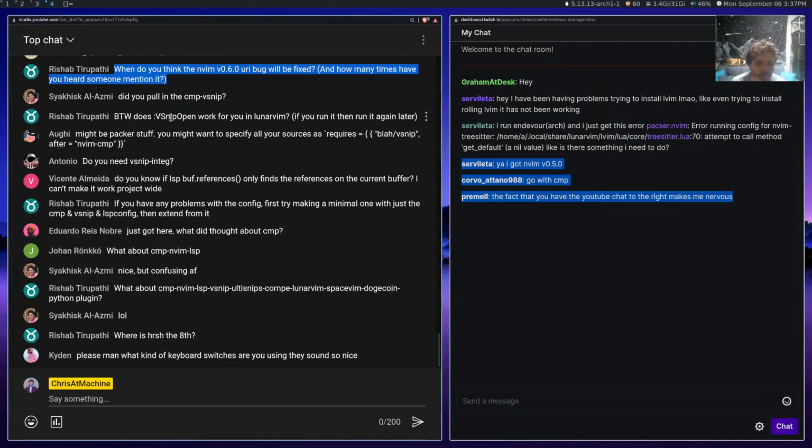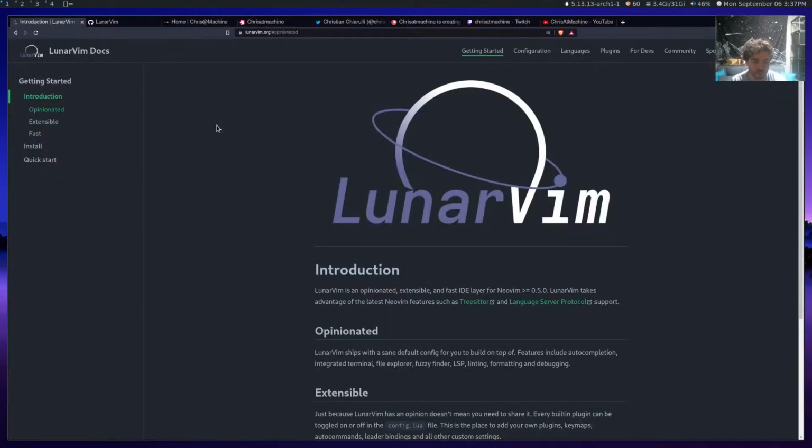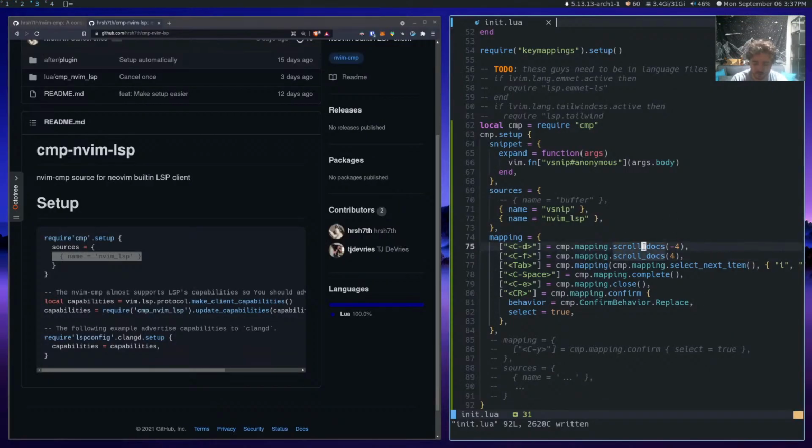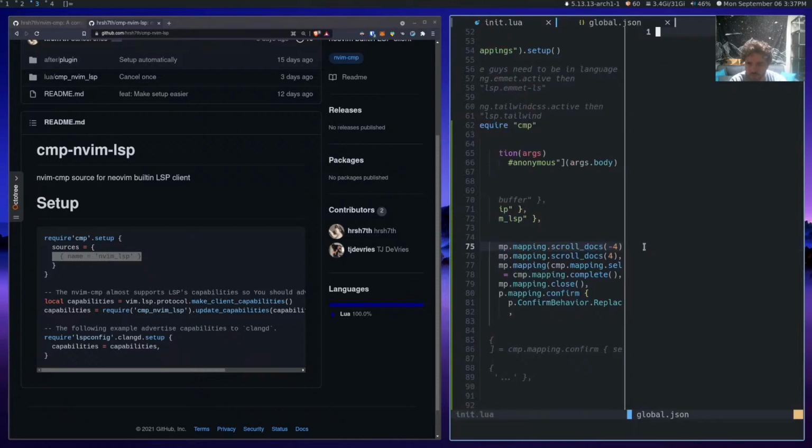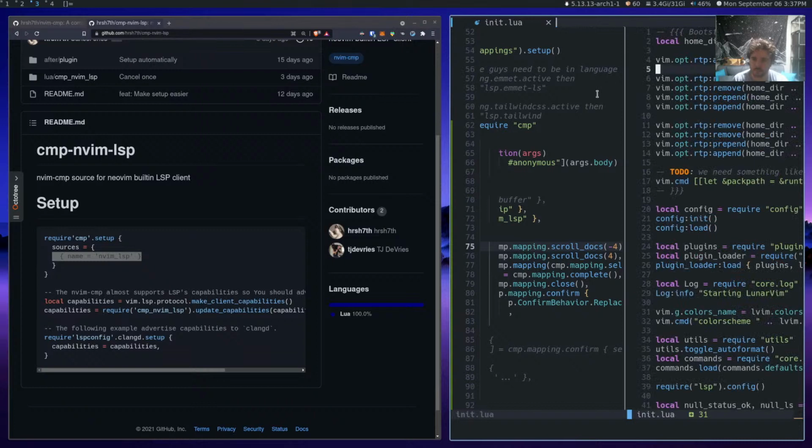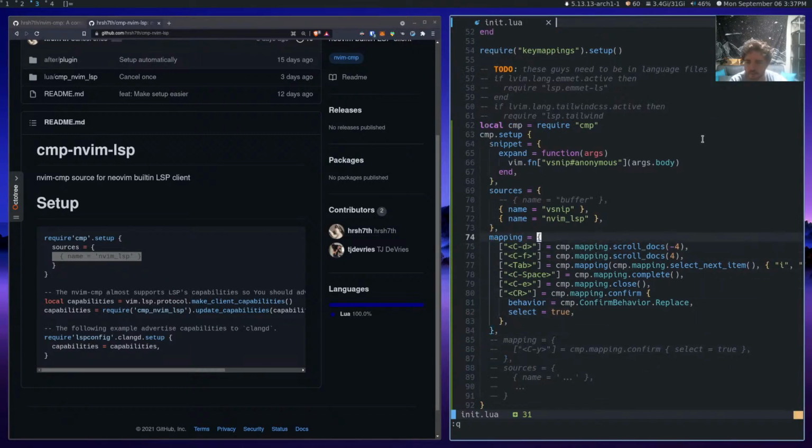Does vsnip open work for you? And I don't even know what vsnip open does. So one second. Vsnip open. Yeah, I guess it does. Select type, Lua or global. I guess global. Does not exist. Create, sure. And then I can put snippets in here, I guess. I guess that's what that's for. All right. Well, you learn something new, right?